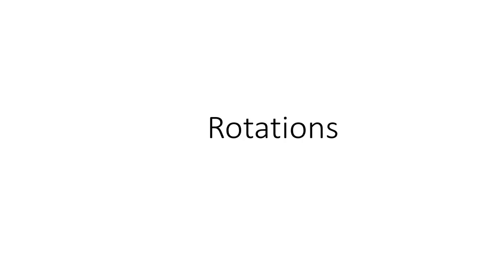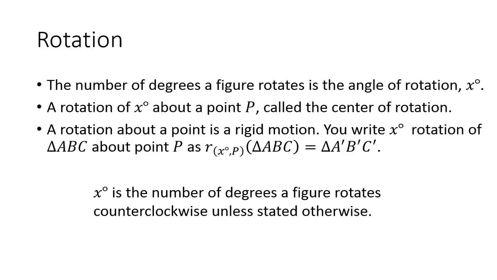In this video, you are going to be learning about rotations and how to do that on a coordinate grid. So the number of degrees a figure rotates is the angle of rotation. That's denoted with a lowercase x and a degree symbol. That will be the angle of rotation. And then a rotation of x degrees about a point P is called the center of rotation. So in order to rotate, you need to have an angle of rotation and you need to know what point